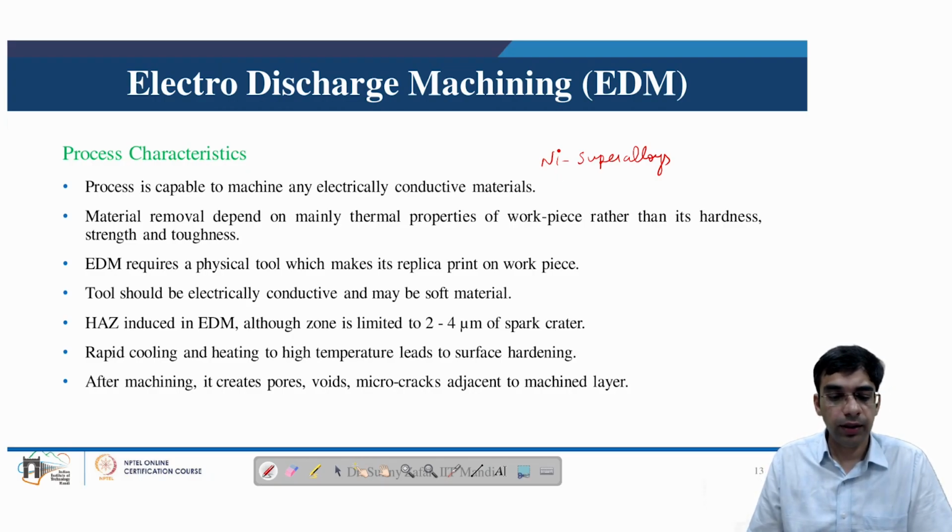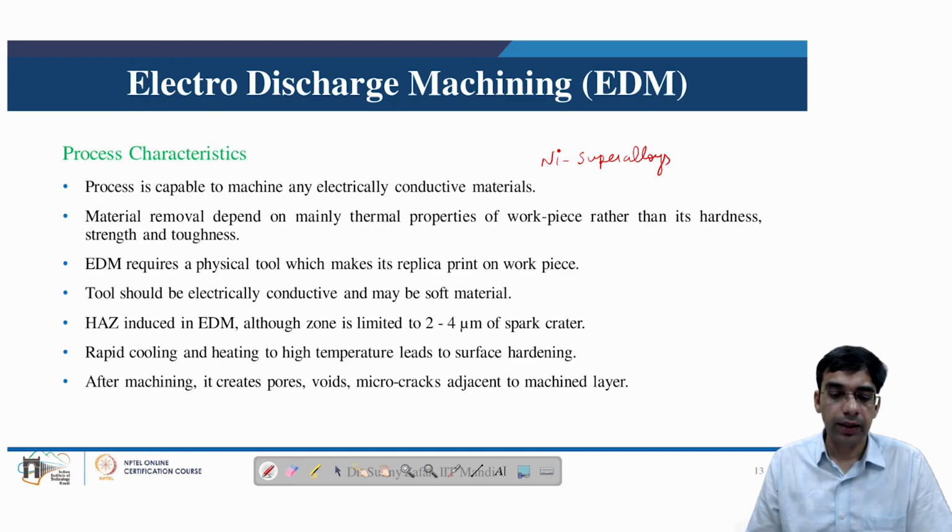Material removal may depend on thermal properties of the workpiece rather than its hardness, strength or toughness. We know nickel-based superalloys are known to retain their hardness, toughness and other mechanical properties even at elevated temperatures. But nevertheless, the process capability of EDM is sufficient to create the film cooling holes in the gas turbine